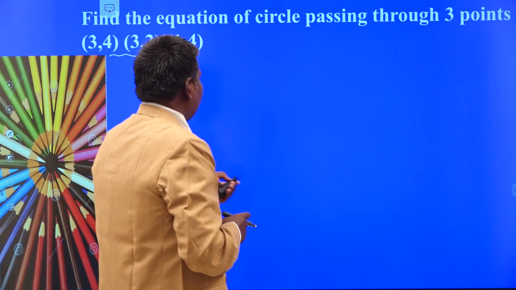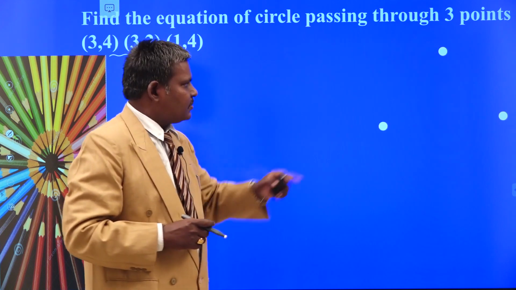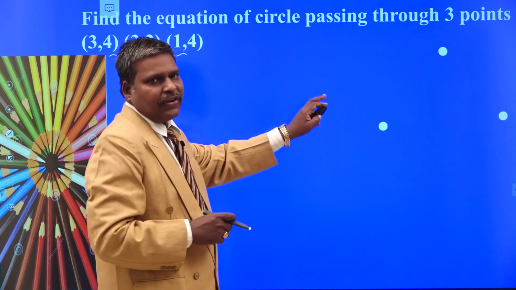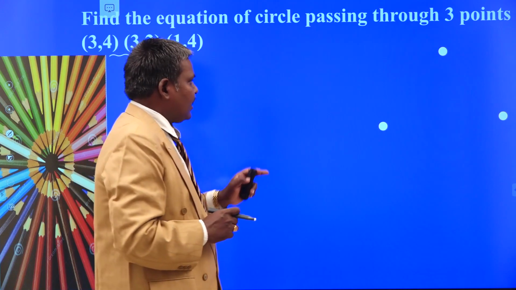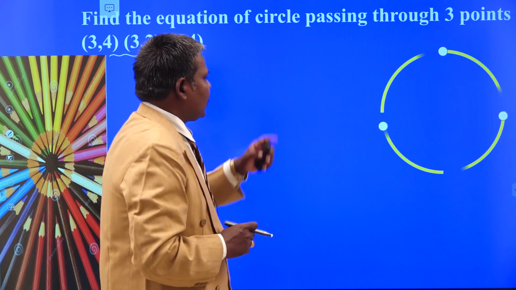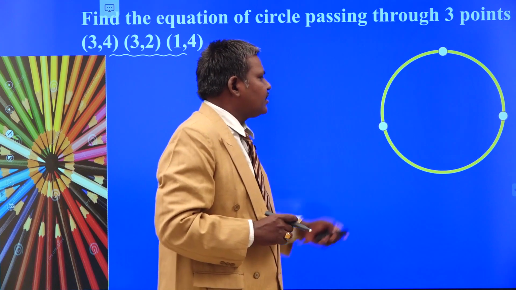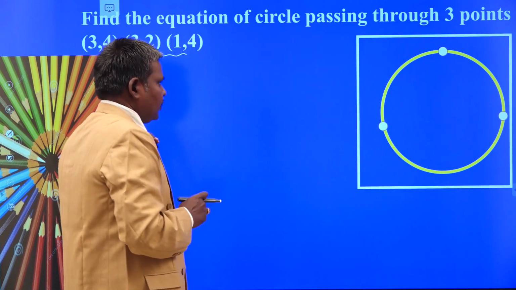So, let us see the rough diagram for this one. These are the 3 given points. Dear students, this is only a rough diagram. I am not mentioning each and every point on the exact plane. So, these are the 3 points, and this is your required circle passing through the 3 points. Just a simple diagram related to this.